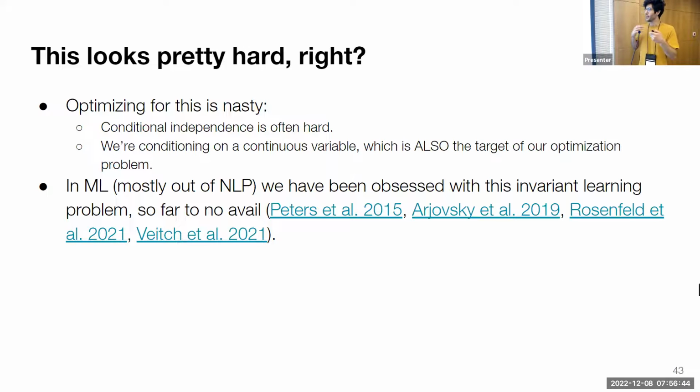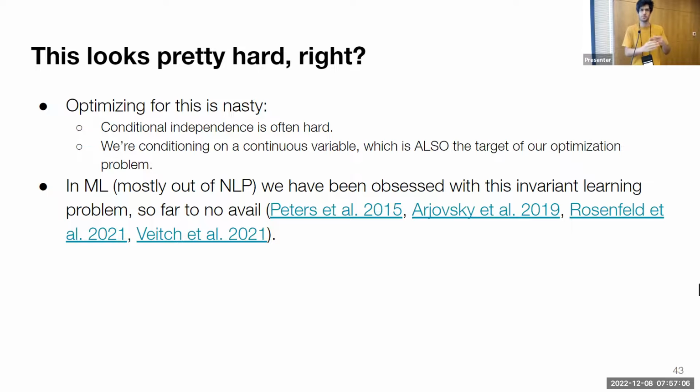So maybe because it's hard, maybe because it's interesting, maybe because it's important, in machine learning this problem has become quite central. Just as a show of hands, has anyone heard the word IRM? IRM, all right, three hands, perfect. So I think NLP people should be more aware of that literature, and I'll try to expand on it.